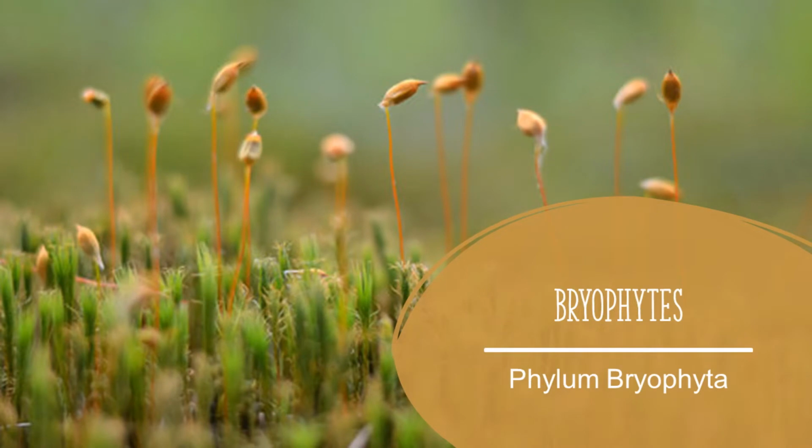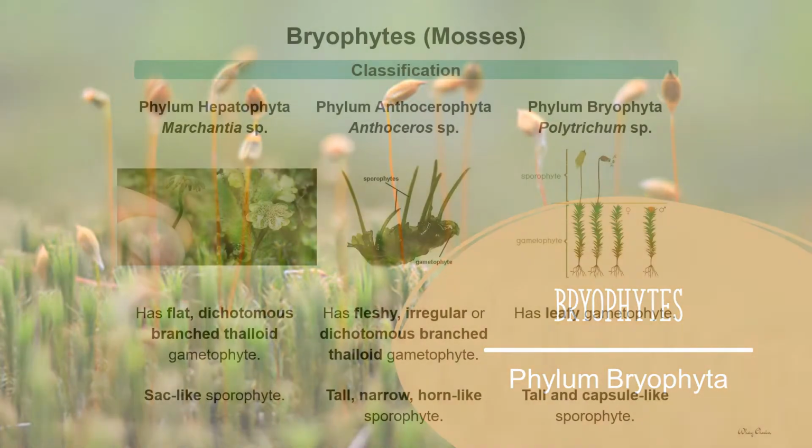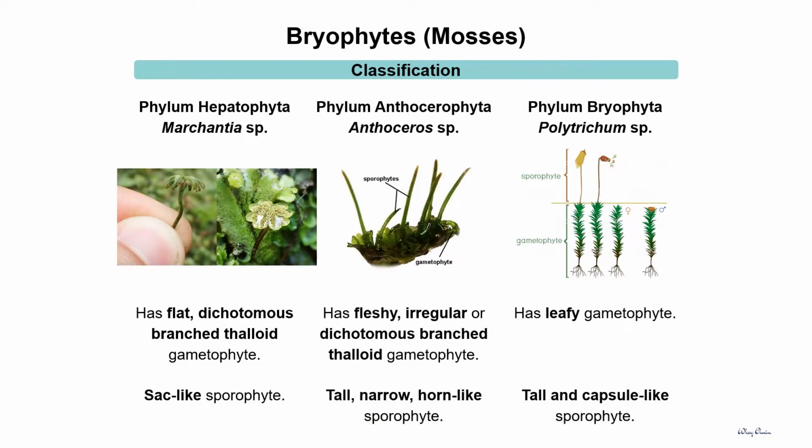For this semester, we are going to study one of the phyla under Bryophyte, which is the Phylum Bryophyta. The most primitive plants under Kingdom Plantae are Bryophytes or mosses, or in bahasa Melayu, lumut, yaitu tumbuhan yang paling asas. And there are three phyla under Bryophytes, which are Phylum Hepatophyta, Phylum Anthocerophyta, and Phylum Bryophyta. For this semester, we are going to focus on